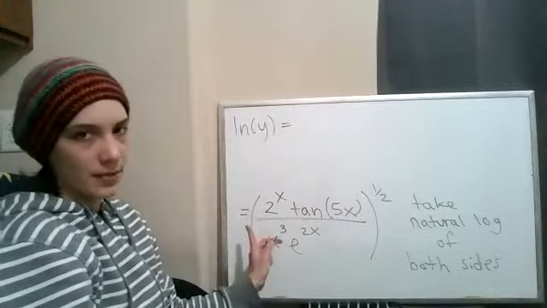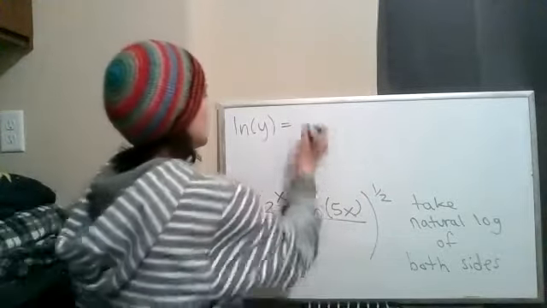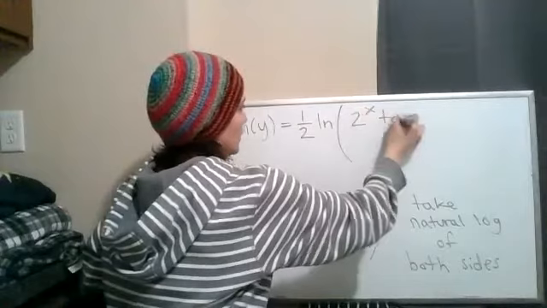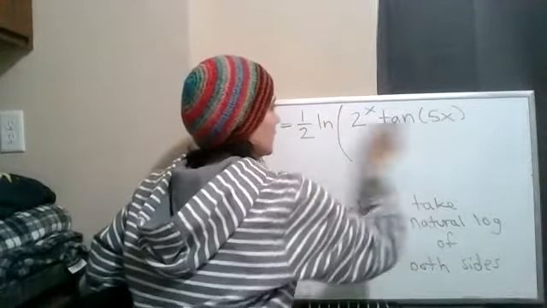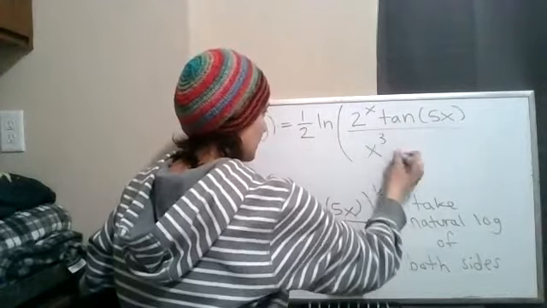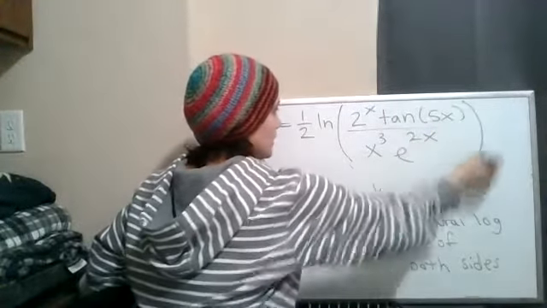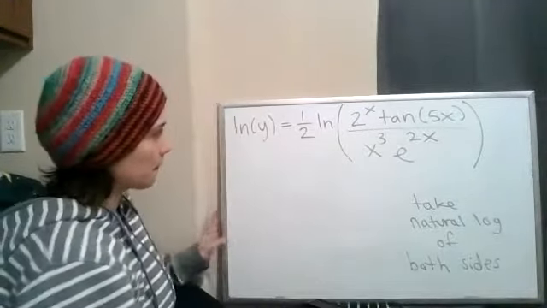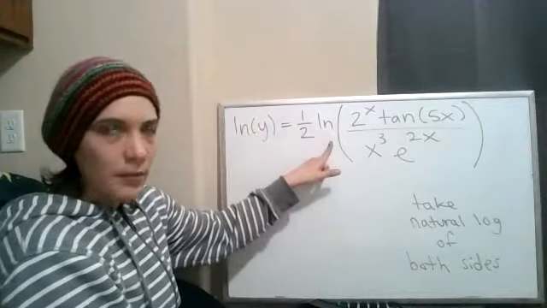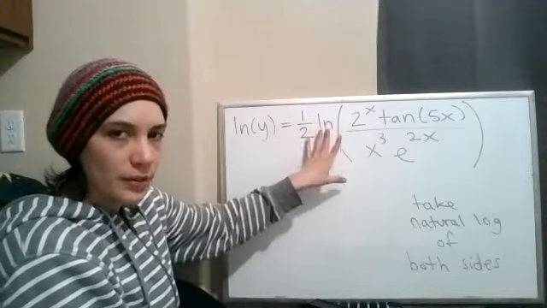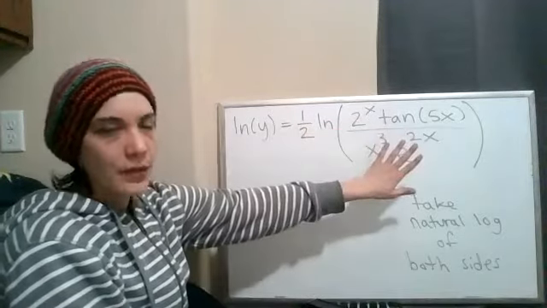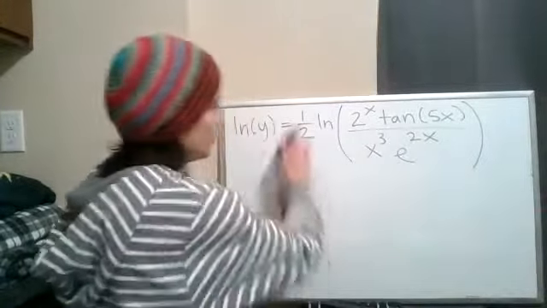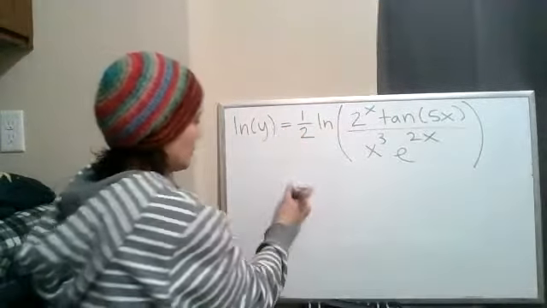So we'll have a 1/2 ln of this, 2 to the x tangent of 5x over x cubed e to the 2x. Okay, so it's natural log on both sides, and I think we're going to keep on working with natural log rules right here. So I have ln of y equal to this, which is equal to